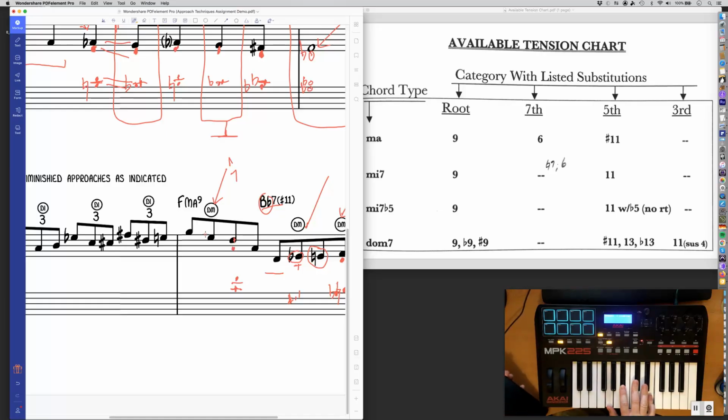Okay, but then I've also got to consider that I'm dropping this pitch like so. All right, so what we've got now is we've got our E natural on top. That's a natural 7. I'm dropping my C sharp down to this octave, which means that I need to change this to a C natural now. And I've got a B flat